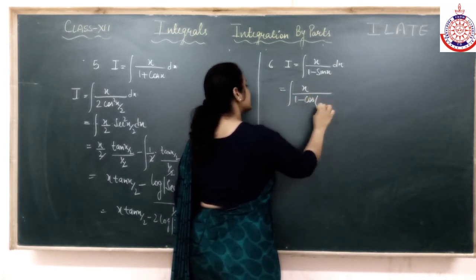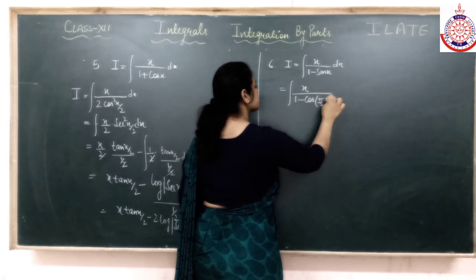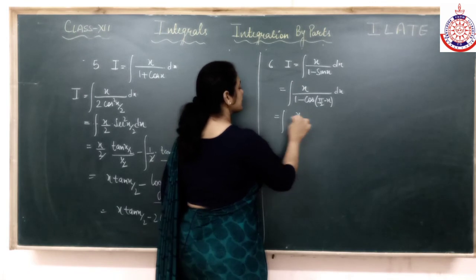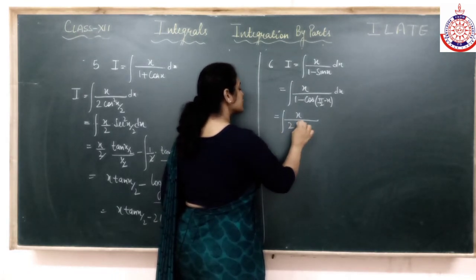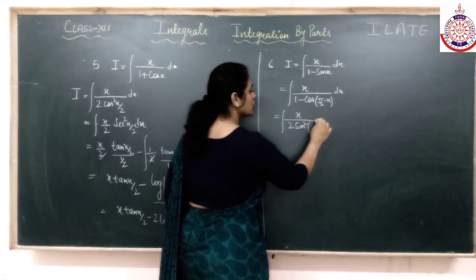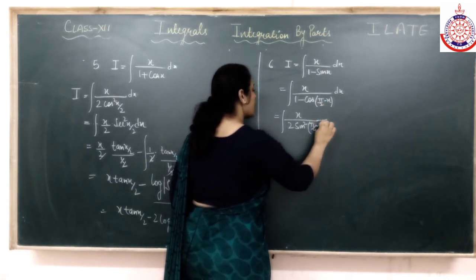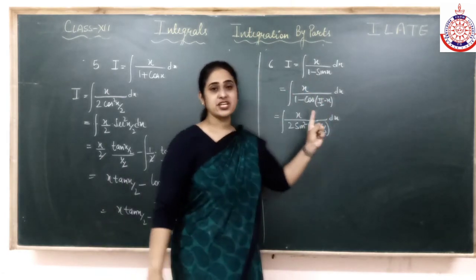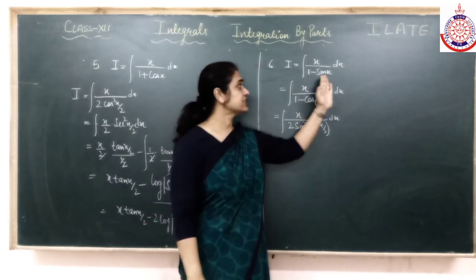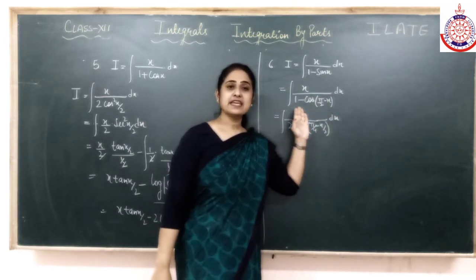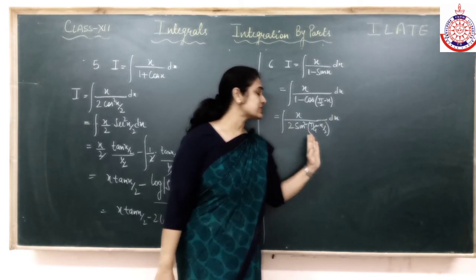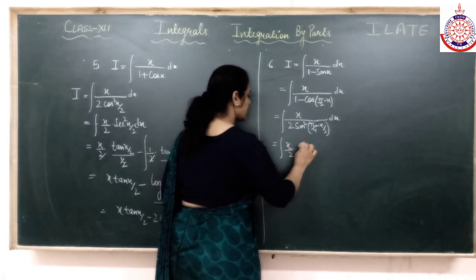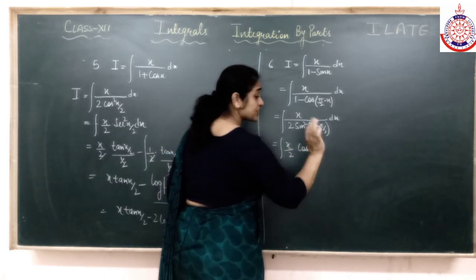I can write this sin x as cos of 90 minus x. That's it, convert it. Now I'll apply the formula of 1 minus cos theta, that is 2 sin square theta by 2. इसका half. So pi by 4 minus x by 2. Children clear? क्या किया हम लोगों ने? पहले हमने sin को cos में change कर लिया to apply such kind of formula. तो I wrote sin as cos 90 minus theta. फिर हमने apply किया 1 minus cos theta का rule, that is 2 sin square theta by 2. Angle would be half. So I got two functions. Angle क्या है कोई फर्क नहीं पड़ेगा, it has to be linear, that's it.